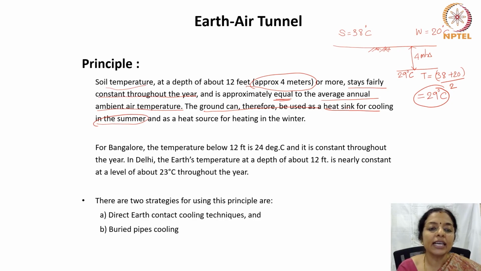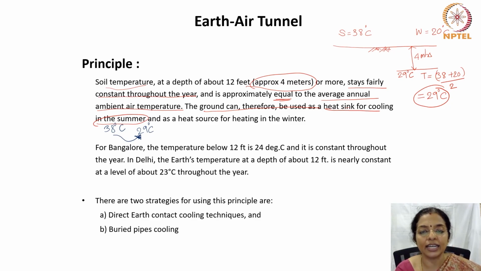If the summer temperature is 38 degrees centigrade, then we know that the soil temperature at 4 meters depth is 29 degrees centigrade. Therefore, we will arrive at a system in such a way that this 38 degrees centigrade becomes 29 degrees centigrade without use